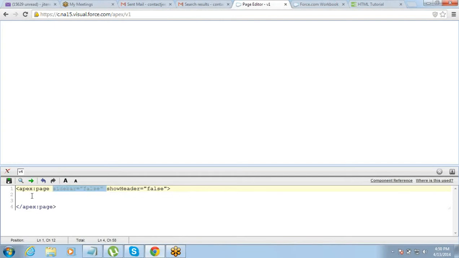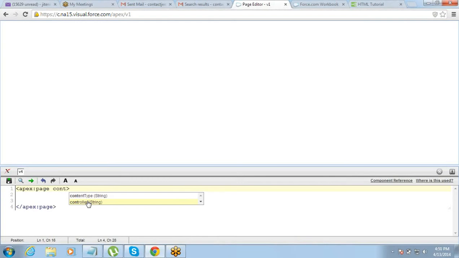So if you come here, you will see there are 2 options. There is an option of standard controller, and there is an option of controller only, which is a custom controller. Custom controller is where we create the controller. Standard controller is what is already available. That is what it means in Salesforce, right? Standard object already available, custom object we have to create, standard fields already available, custom field we have to create.